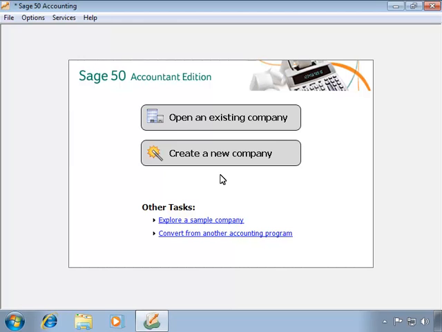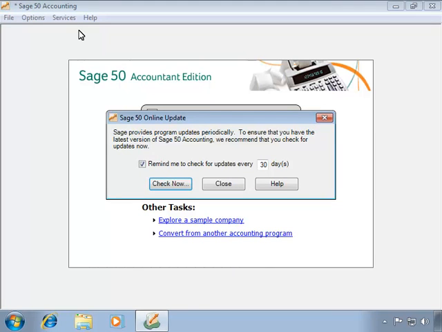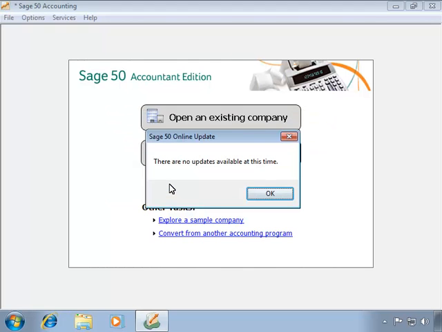After registering Sage 50, we can now check to see if there are any updates for the program. We'll select Services from the menu bar and then check for updates. We will click the Check for Updates button that appears, and we'll follow any steps that the program may provide. If updates are available, you'll be walked through a series of steps that will include downloading program and tax service updates and then walking through wizards that will update the program. In this demonstration, there are currently no updates available, so we can click OK to the prompt and begin using